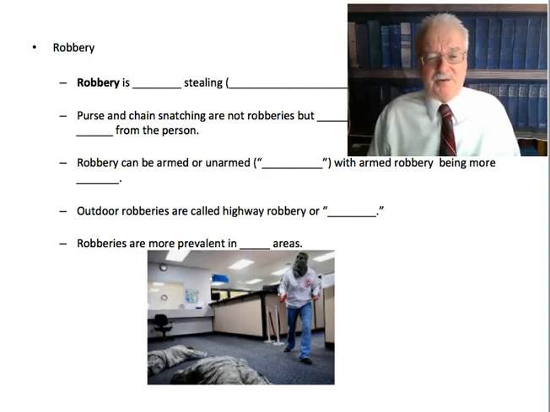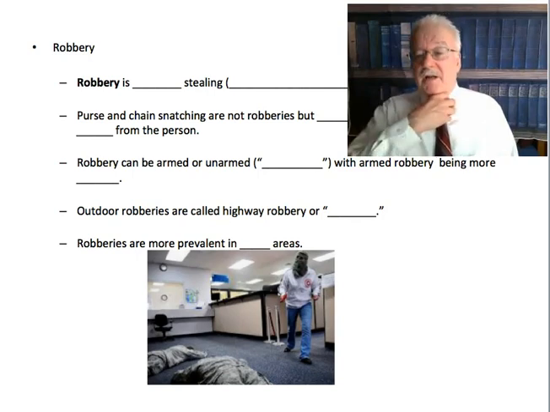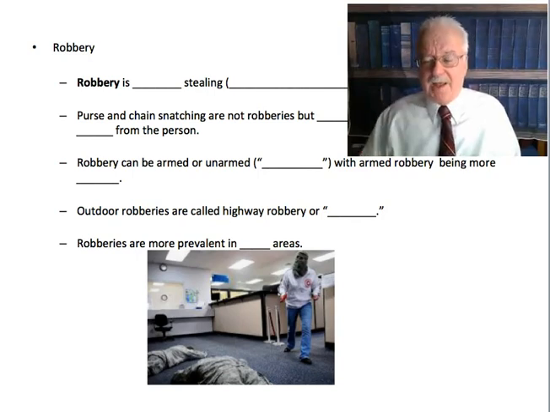These person chain snatchings began to become prevalent in the 1980s. In fact, while I was a police officer, chain snatchings were epidemic in New York City, in Manhattan in particular, in the 1980s, where a person, usually a woman, would be walking down the street with a gold chain around her neck, and some guy would walk up, grab the chain, pull it from her neck, and run away. That is technically a larceny from the person. It's automatically a felony larceny because it's from the person, but there's no real force involved.